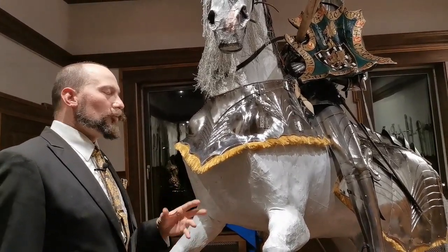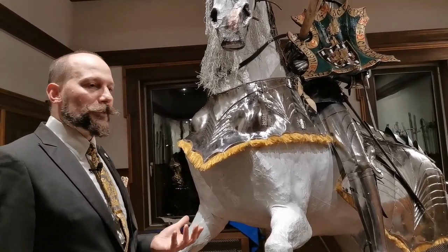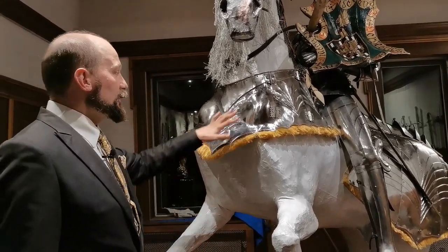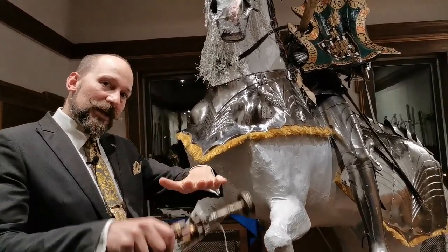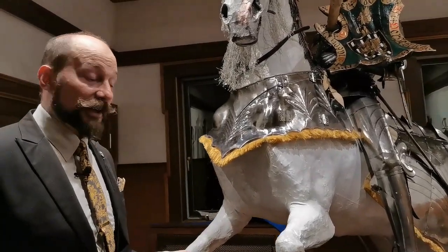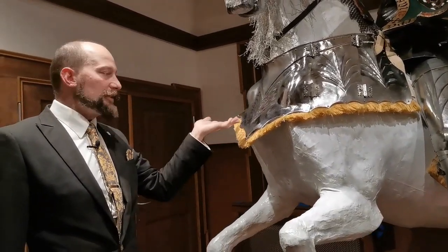So if you're going to make them more en masse, if you will, if you're going to make a lot that you're going to hand out to people, not necessarily going to go on a specific horse, it makes sense to err towards these flaring motions, where if the horse bashes its leg against it, it bashes against the flat as opposed to against the edge. And that of course makes a massive difference to the animal. However, then it might just bash the bottom of the peytral up